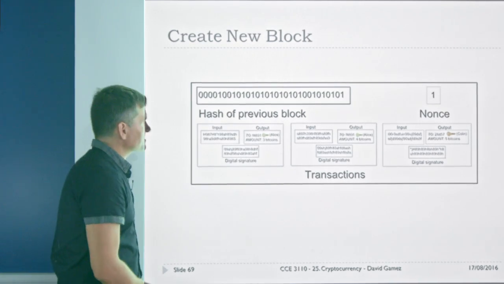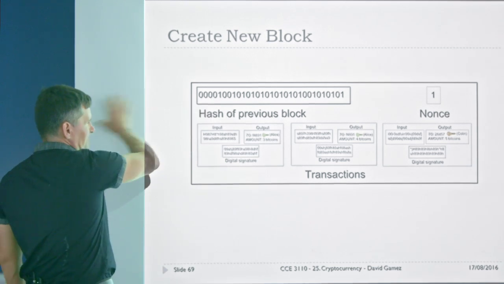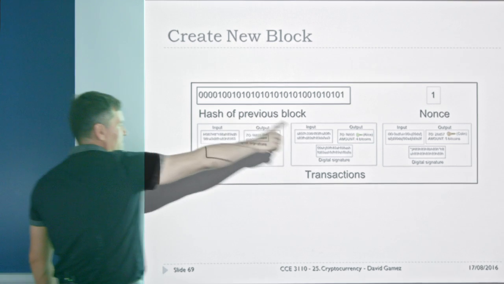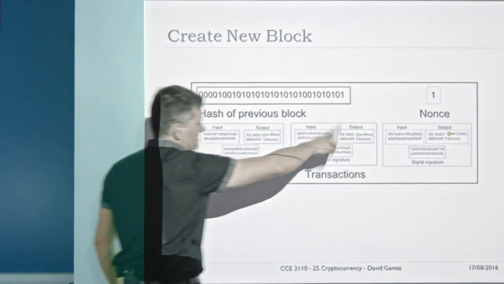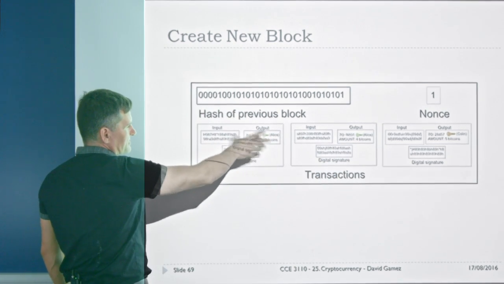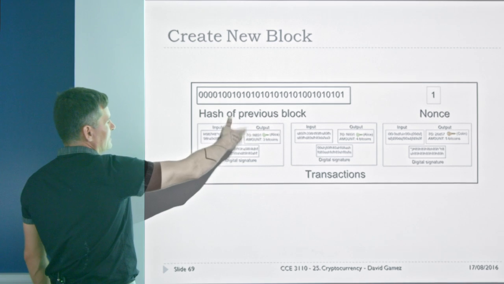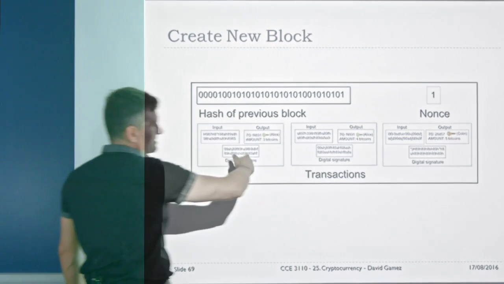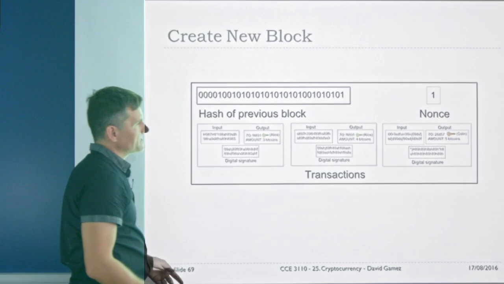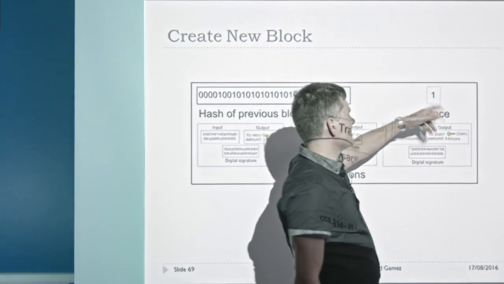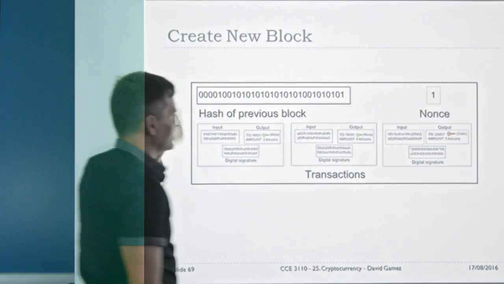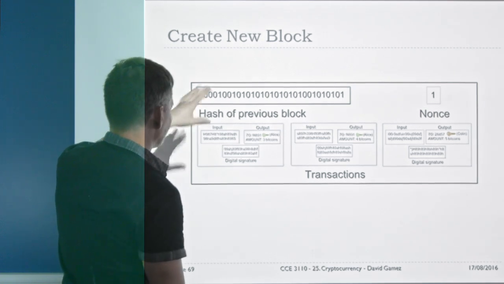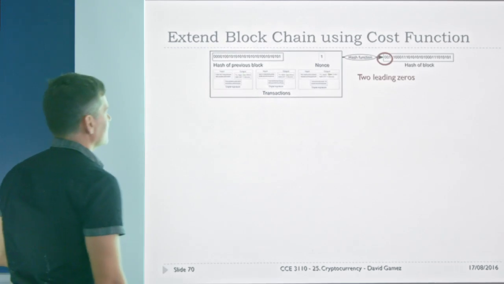So this is the same story in pictures. As I said, it's a blockchain. Here we have the hash of the previous block. Here we have all the new transactions, which we've checked are all valid, that the money exists, and Alice has this money because we've checked all the previous transactions, and so she can actually transfer that to Bob or to Colin or whatever. And then we have the nonce here, this number that we're going to increase systematically until we find a value of the hash that has a certain number of leading zeros.